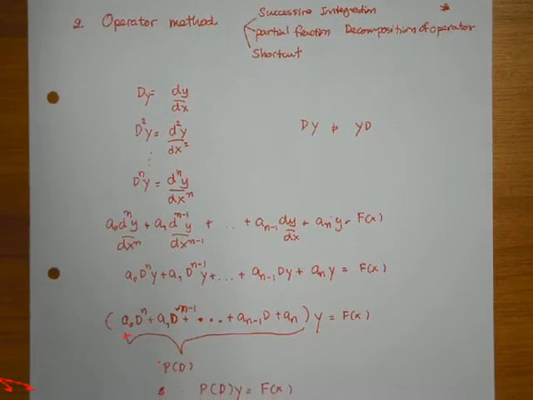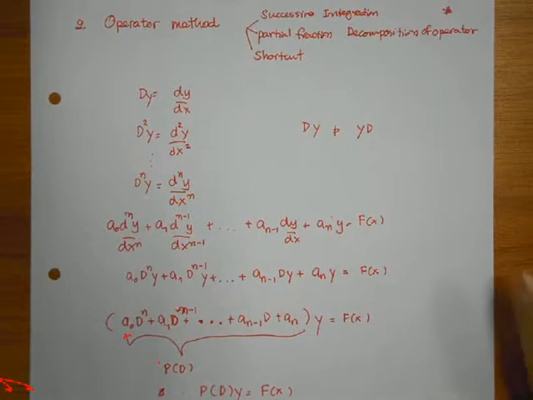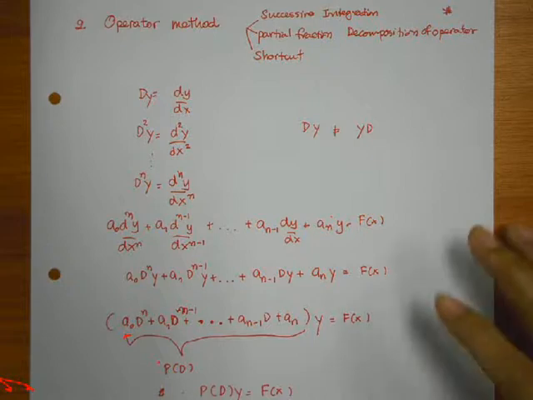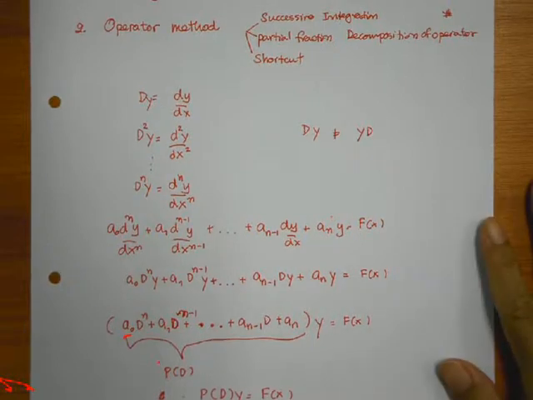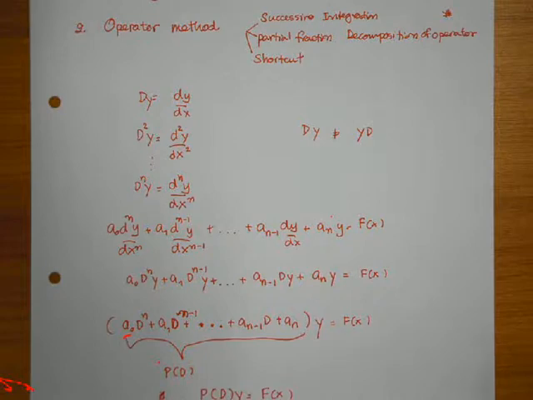Okay, the next method of finding yp we call the operator method. Under this method, I'll talk about three sub-methods. The first one we call successive integration. The second one we call partial fraction decomposition of the operator, and the last one we call the shortcut. Before we learn all three techniques, we have to learn